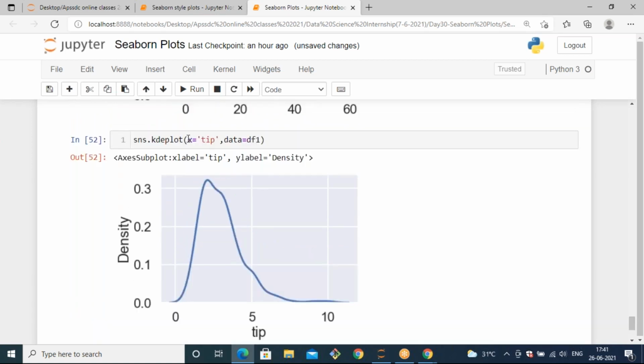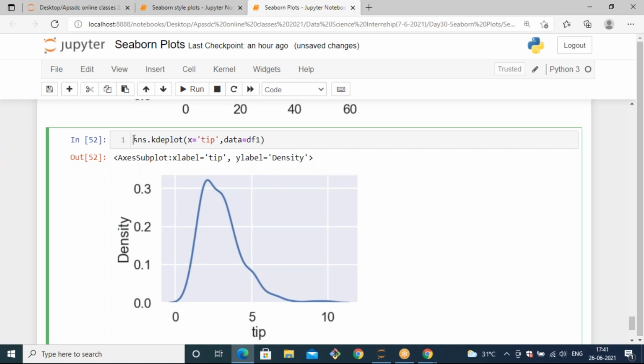So try to pass x and y also, and try to generate a KDE plot. Try to generate a KDE plot by taking x and y parameters and the hue parameter also, and let me know if you are completed.